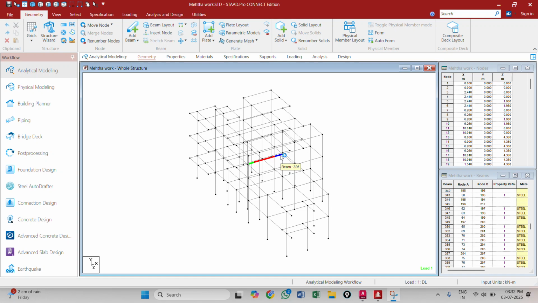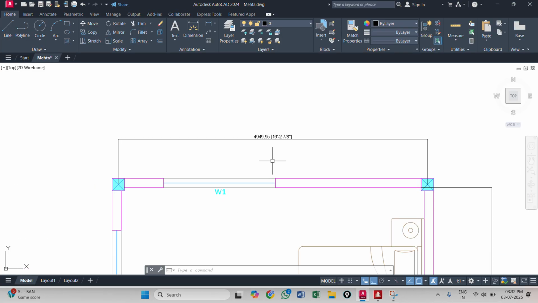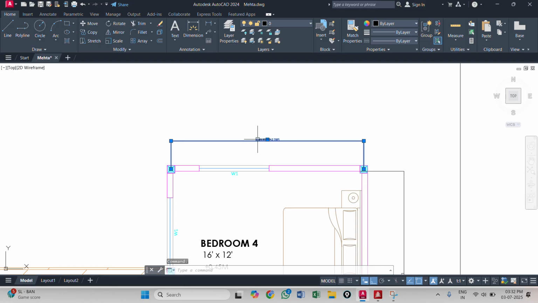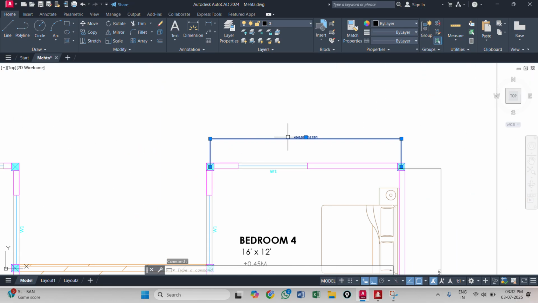Guys, so today I'll be teaching you how to rectify a model. Just imagine right now, this is a model that I have designed. So this is a model. So what happened here is